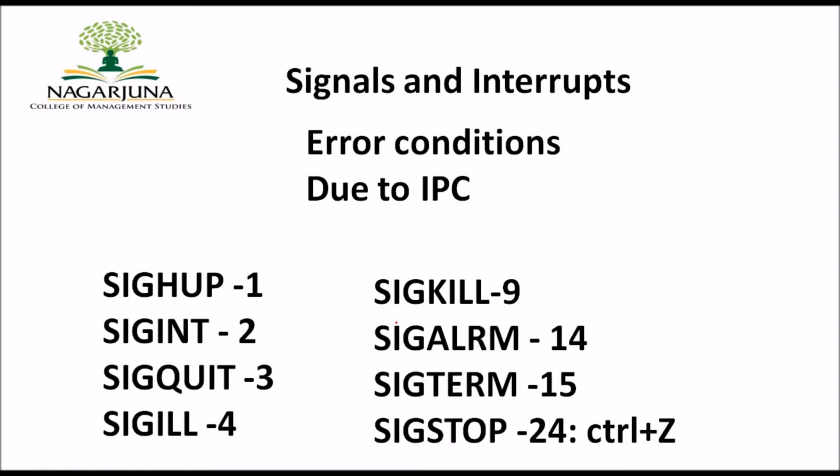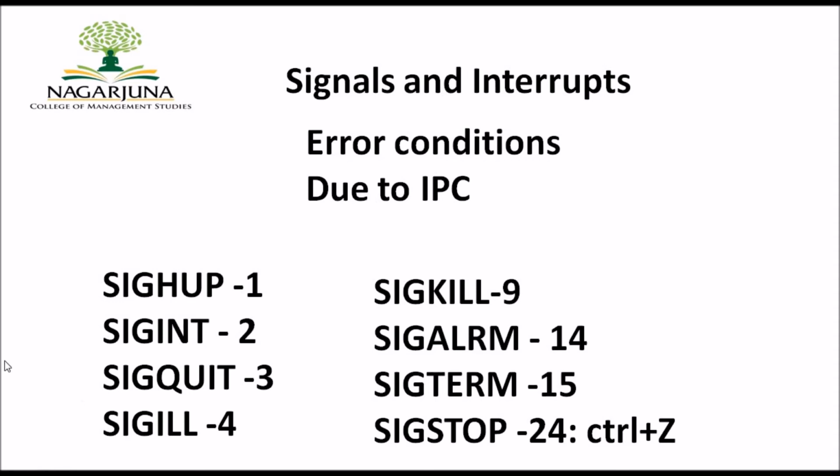The other interrupts you can find during execution are during inter-process communication, which happens between two different processes, where one particular process sends a signal to another particular process. There might be a problem in sending these signals from one process to another. During this time, there is a possibility that an interrupt can occur. So I would like to know what those interrupt signals are and how they can be initiated to know whether an interrupt has occurred or not.